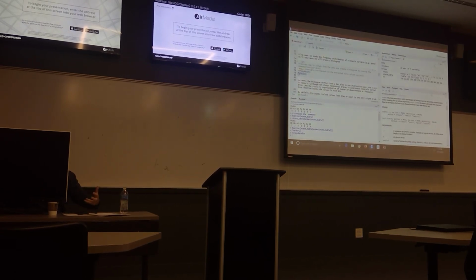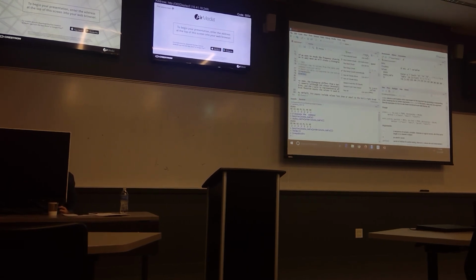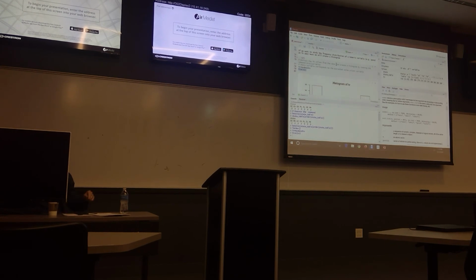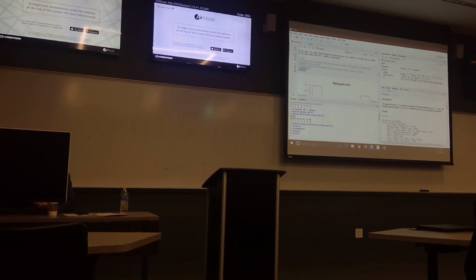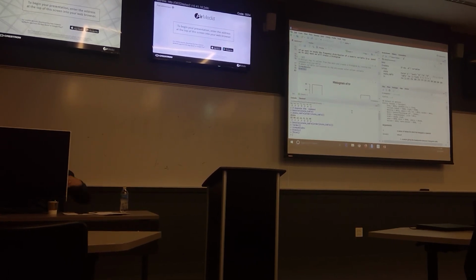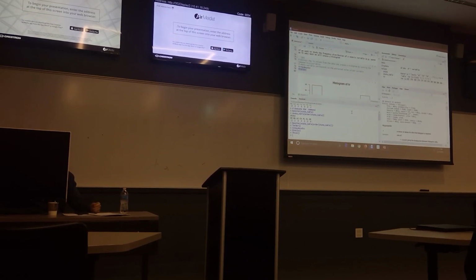The function hist will create a histogram for this value. Again, inside the function hist, you will see millions of things that you can define: the title of the chart, the name on the x-axis, the name on the y-axis, the bins, which I will explain shortly, so many.